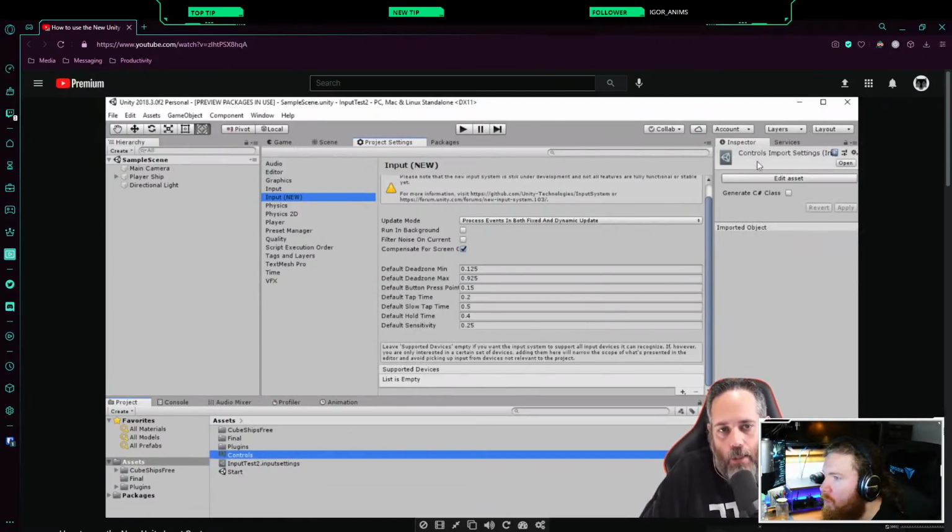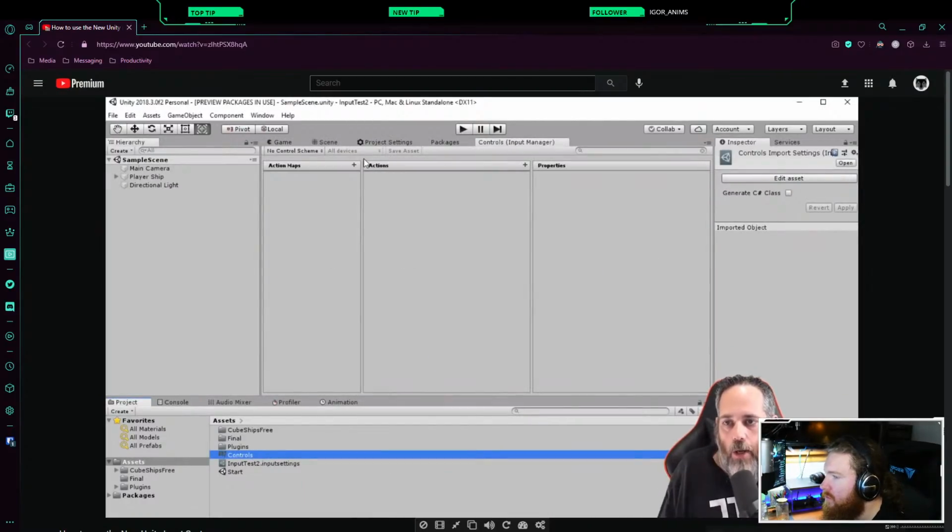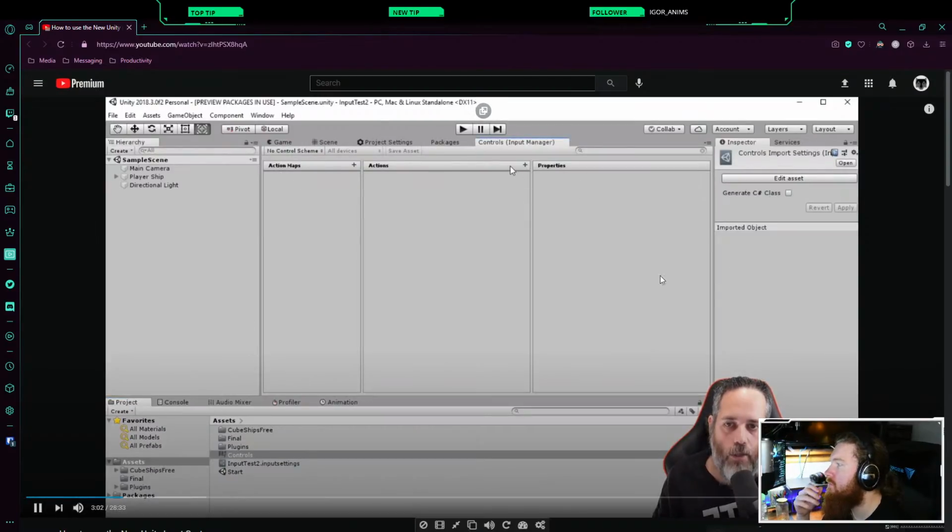Now select this, and you'll see that there's an edit asset button. Of course, we can also double click on it, and it should pop up this little input manager control editing window. I'm going to dock it, and I want to point out a couple parts to it. First, there are 3 tabs. We've got action maps, actions, and properties. You can see that actions, it doesn't do anything if I click on it. Nothing happens over here at all. The only thing I